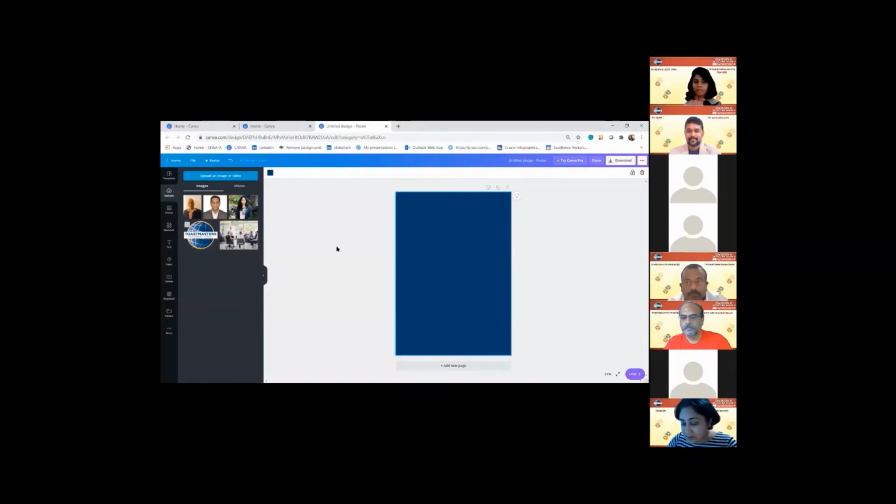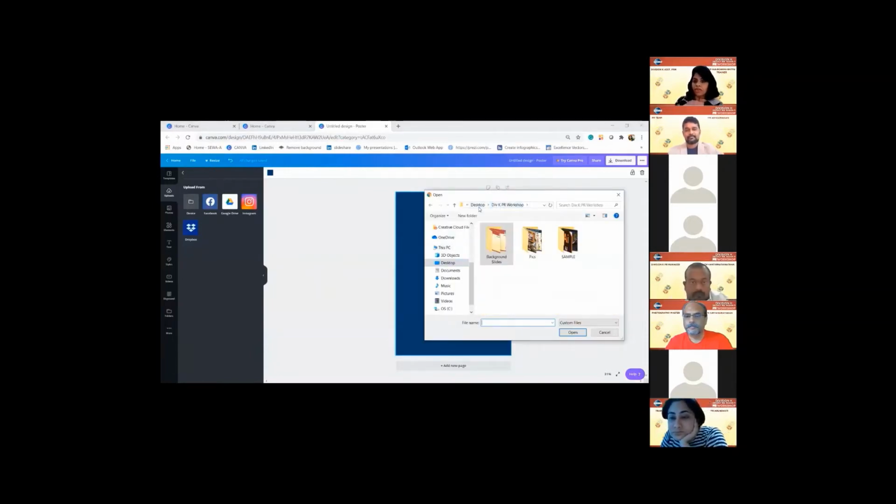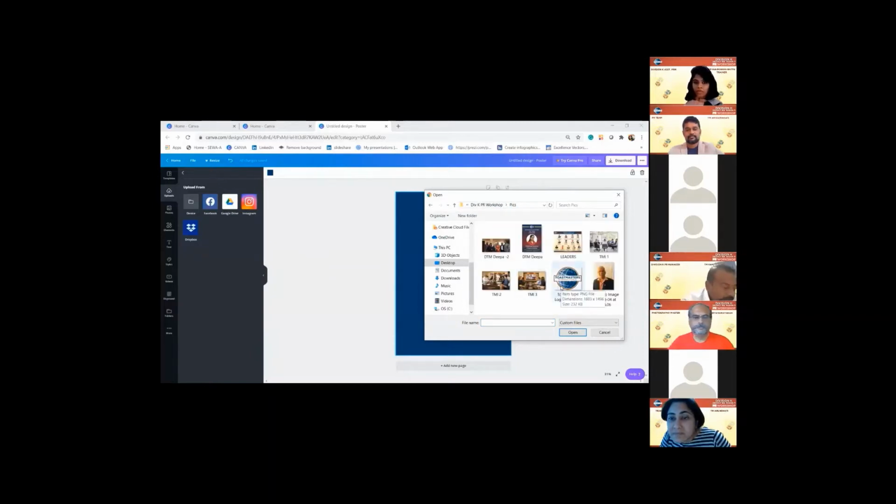So how do we get the logo into Canva? It's very simple. We go to uploads. The uploads is on the left-hand side, second feature in your Canva. Once you go to uploads, you can upload image or videos. You click on the upload icon. It would take you to a feature where it is connected to Facebook, Instagram, Dropbox, and device. Device can be your laptop or your phone. You click on device and it would take you to wherever you have saved the image. So I'm going to pick up the TMI logo, which I've already saved, and bring it here.